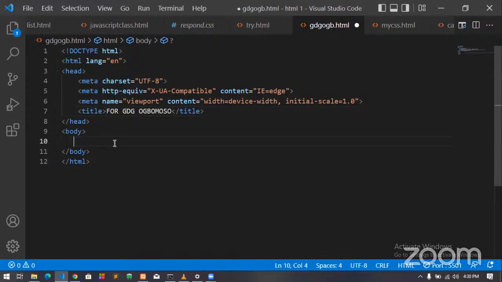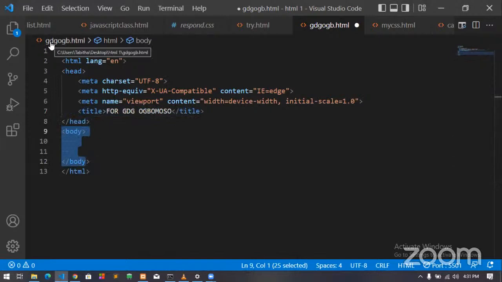Then everything you want to display in your browser, as I said in the beginning of the class, any HTML document you're creating, you'll be writing your code there, but you'll be viewing the results in your browser. So anything you want to display in your browser will be between your open body and your closed body. And you can only do all this inside your text editors, any of the text editors: Sublime, Anaconda, Visual Studio Code, Brackets, Notepad, anyone. I hope Mr. Jamal now gets what we are doing.